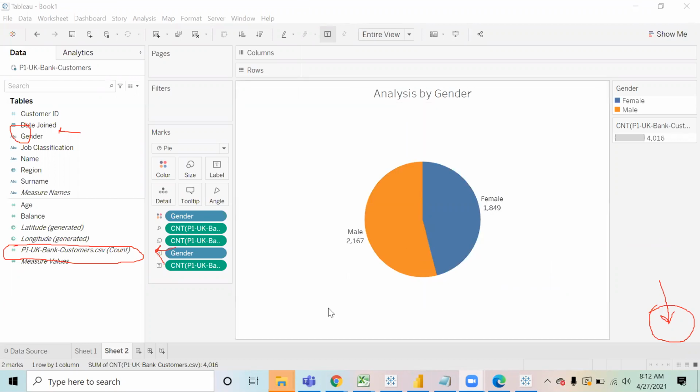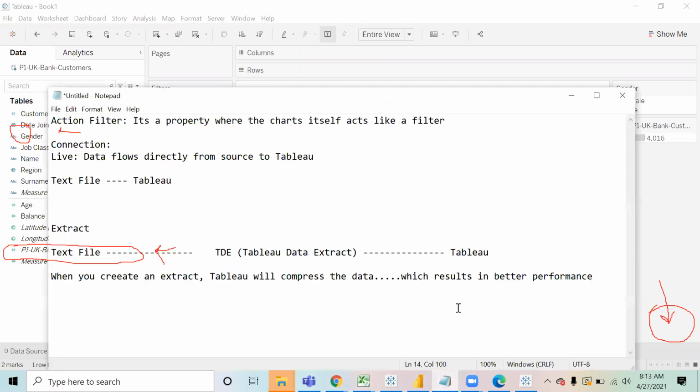So if I have to calculate the percentage of male, how will I get it? Count of male divided by the overall count total. That is how I will get the percentage, correct? In order to do that calculation, in Tableau we have a feature called table calculation.